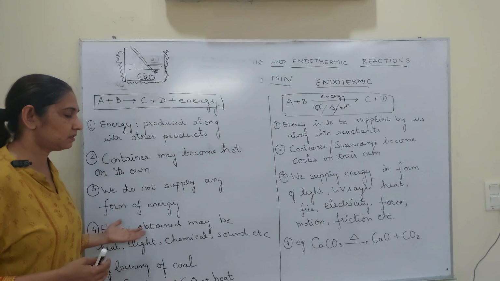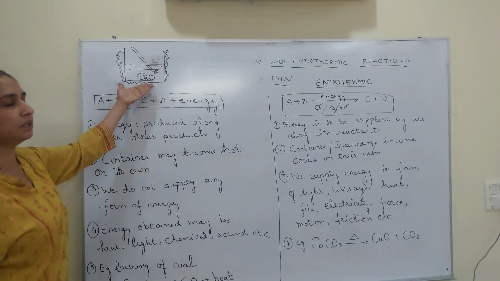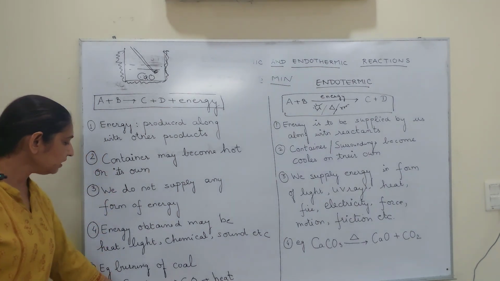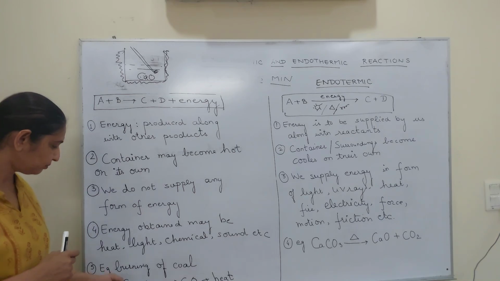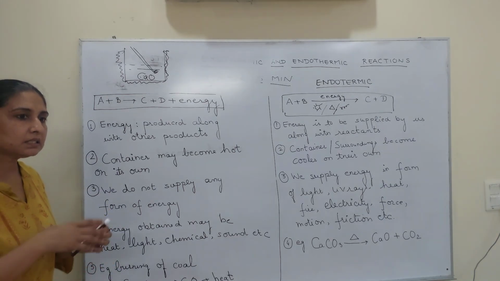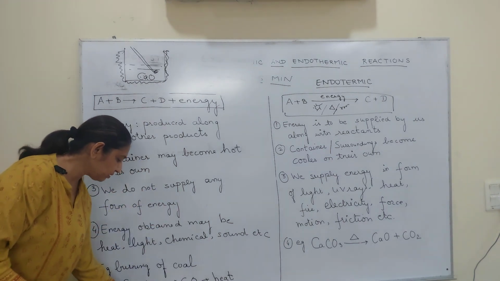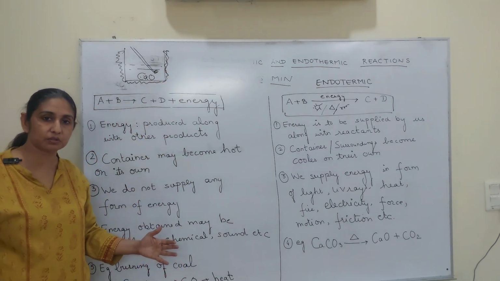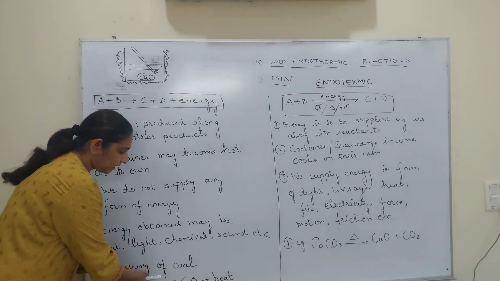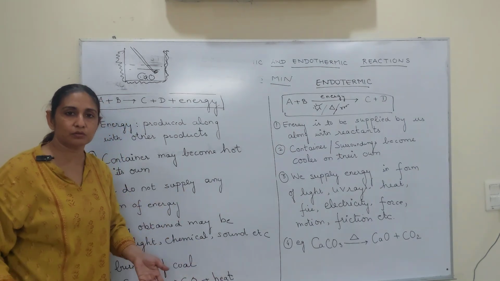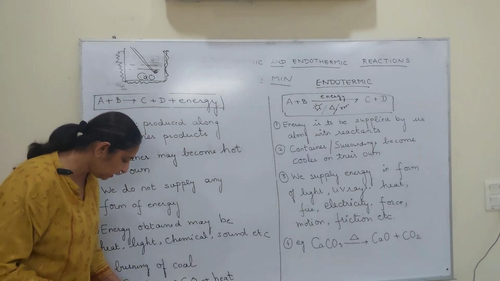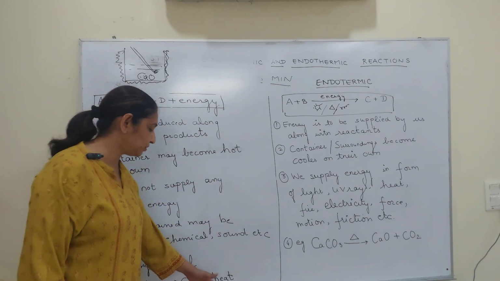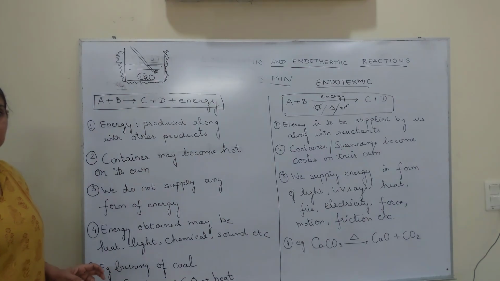Next example is, obviously, we do not supply energy. We have not put any burner or anything here. Here you will say that in the earlier case we had used a matchstick. We had to put a little petrol and a little fire. But just compare the amount of heat you supplied, lighting a matchstick, with the amount of heat that is produced. If I am giving 100 calories here, you're getting 10,000 calories out of it. So even if you have to supply a small amount of energy, but you're getting a very, very high amount of energy, that becomes an exothermic reaction.